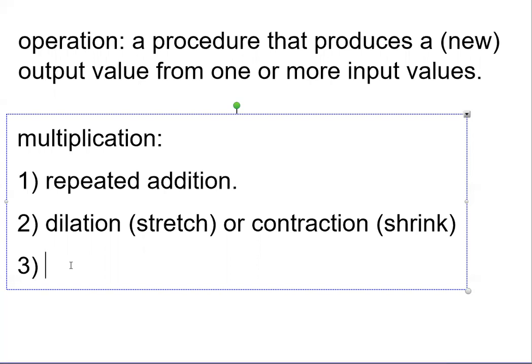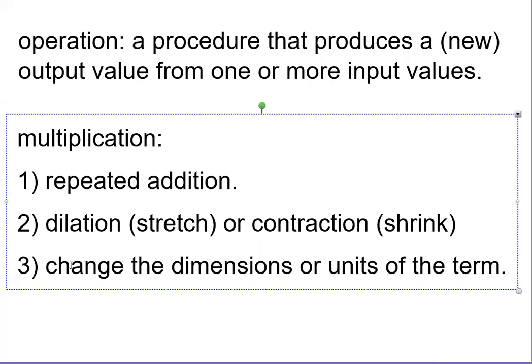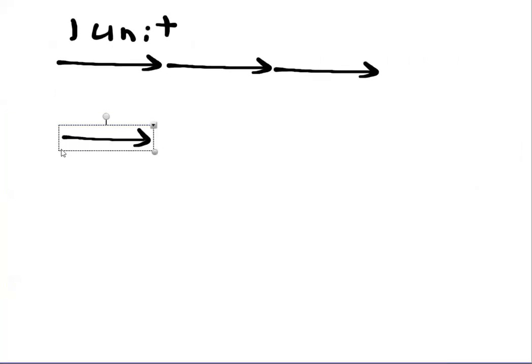But before we dealt with fractions or anything that wasn't a whole number, we first got into this third definition, which is to change the dimensions or the units of the term. And that's pretty clear when we look at